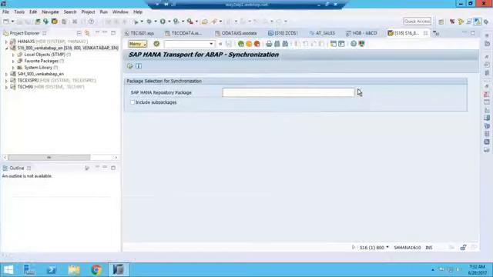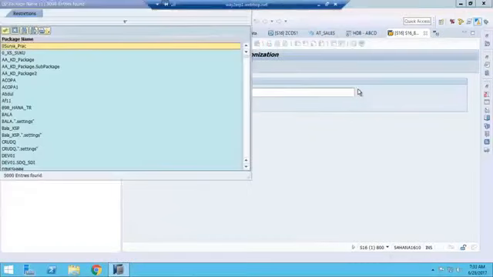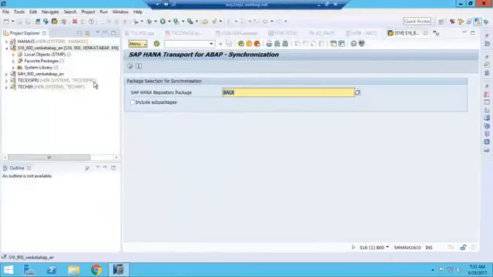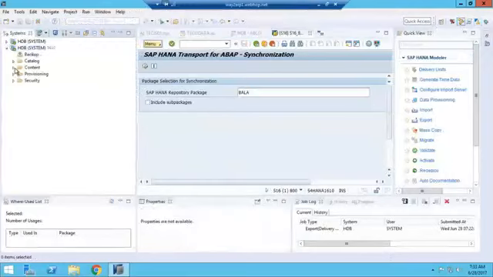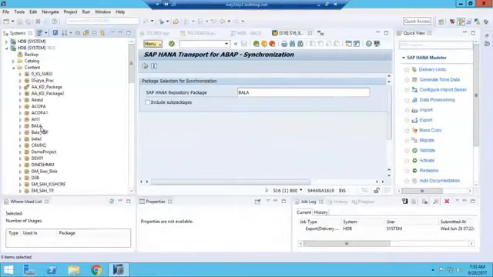You can select a package. This is a HANA repository package. It is not an ABAP package. See, it is a HANA repository package. HANA repository package means, see, application server level. The content will have packages; these are the packages.